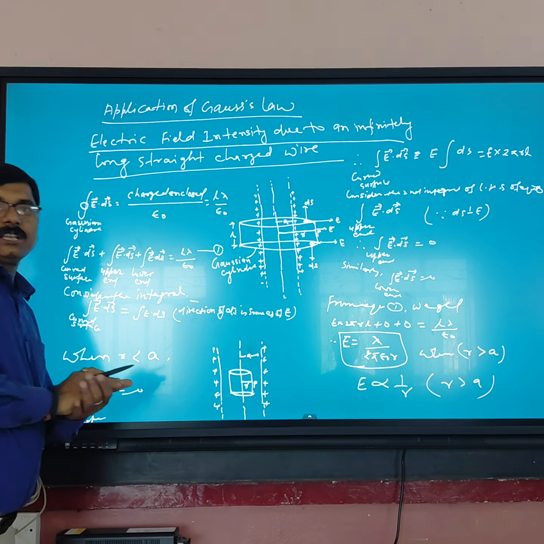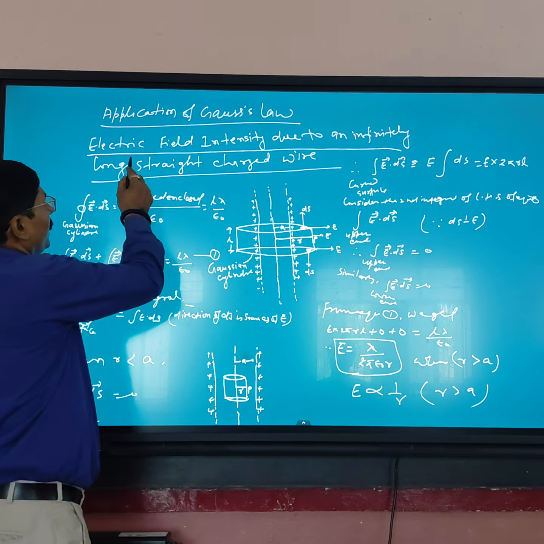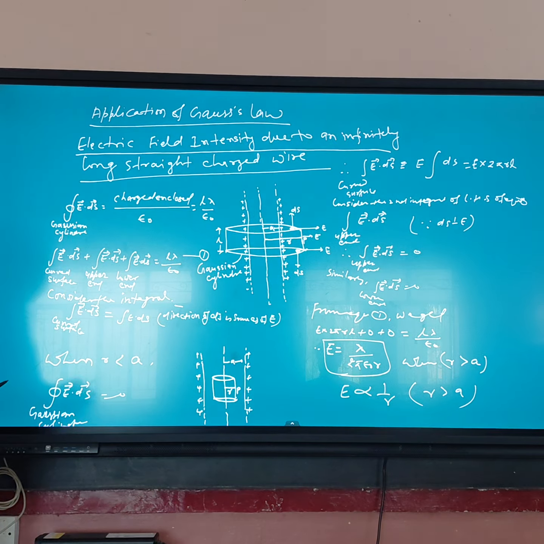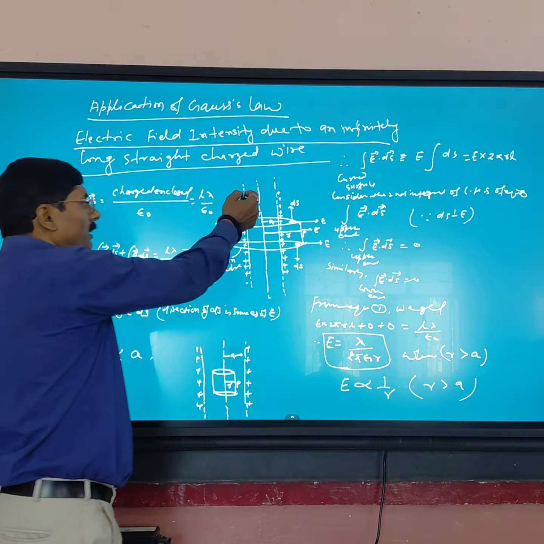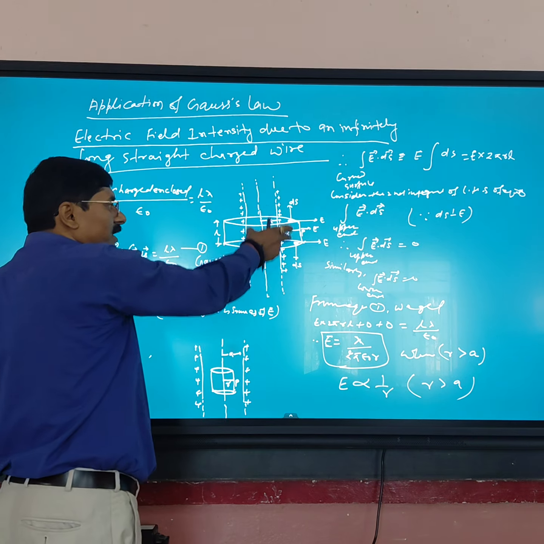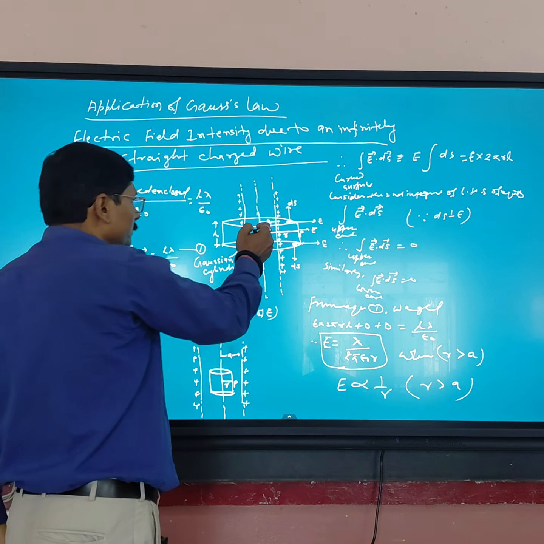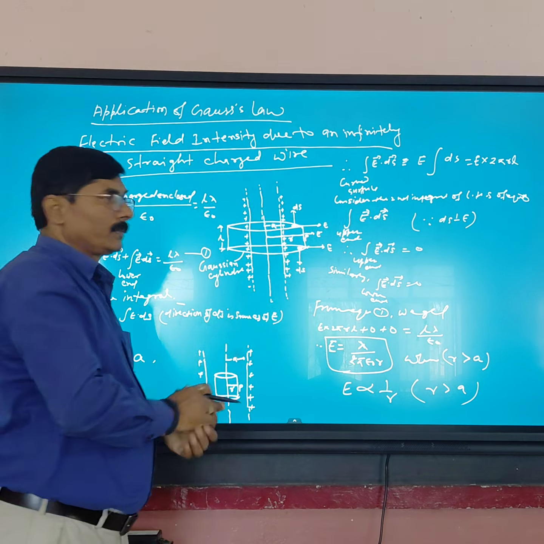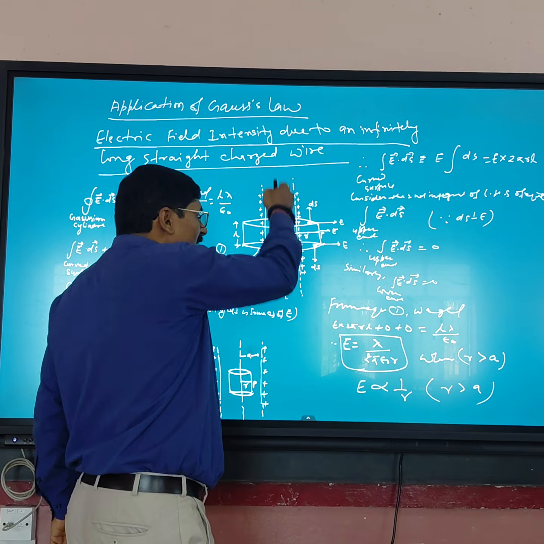There are applications of Gauss law. The first application is electric field intensity due to an infinitely long straight charge wire. Consider a straight charge wire which is infinitely long. It is in a cylindrical shape. The axis of this charge cylinder